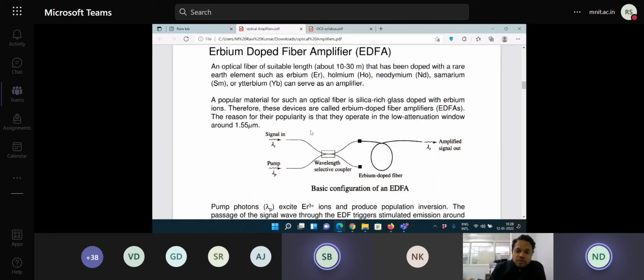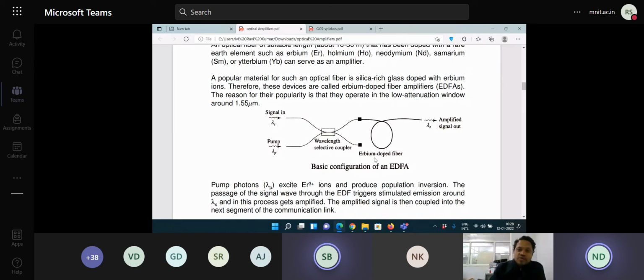So this is the basic configuration of using an erbium doped fiber amplifier. You have an input signal which is coming from a very long distance, could be some 100 kilometers or so, and after 100 kilometers this is put through a wavelength selective coupler. So this wavelength selective coupler will allow both these